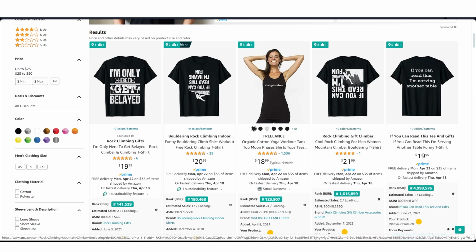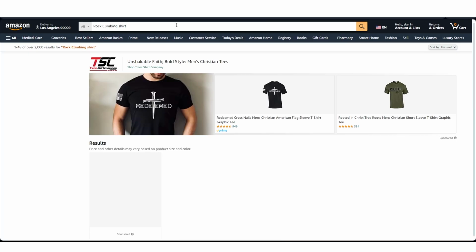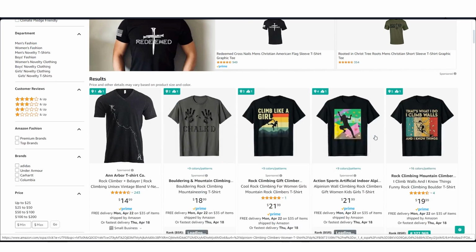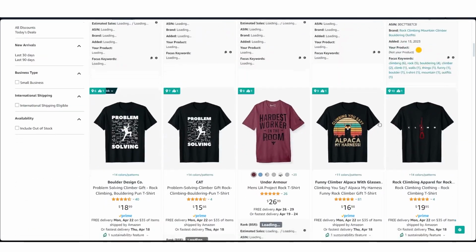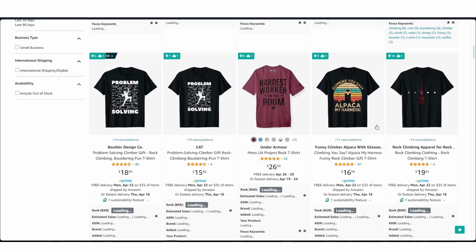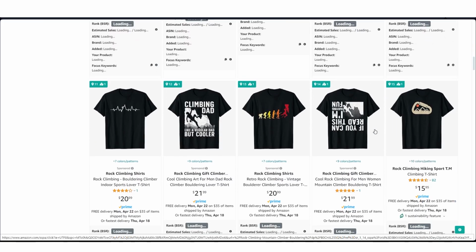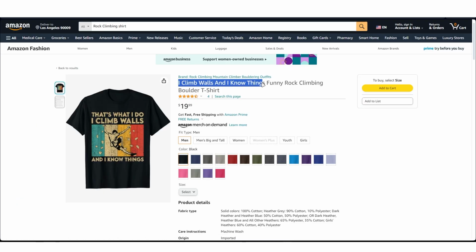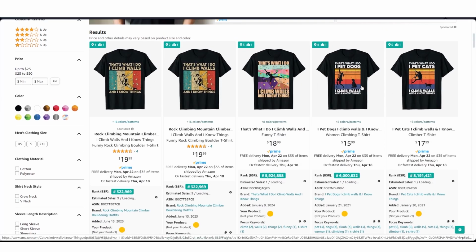Now the next step from here is pretty unique. You want to search for the general keyword of this niche, so it's rock climbing. You want to copy it and paste it in the search bar. The plan is to target the niches that are usually hobbies that make sense for flip designs like this rock climbing, and take the winning niches and flip the designs upside down to be the only unique person in those niches with a flip design. For this rock climbing, let's check out this: I climb walls and I know things. Now here all the designs are normal. If you come here with the upside down idea, even a simple text based design will stand out.